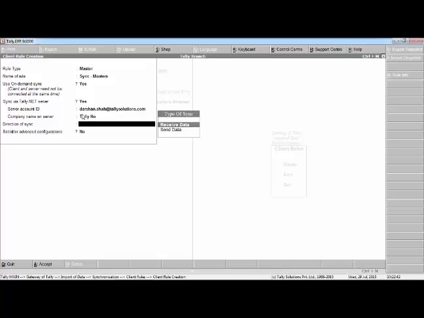Since the masters will flow from server to client, or from head office to branch office, we will select over here receive data